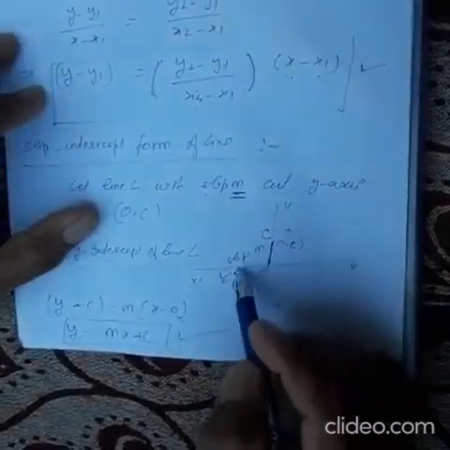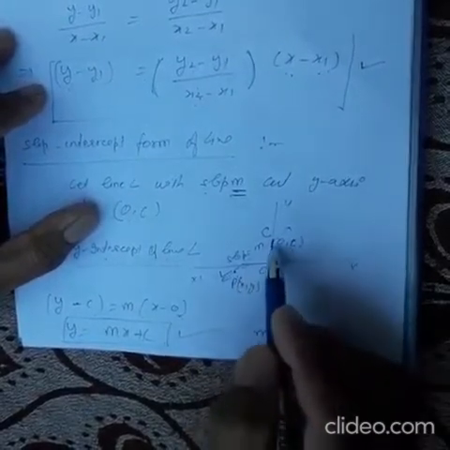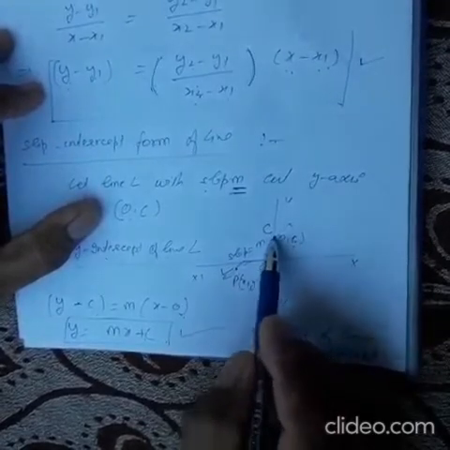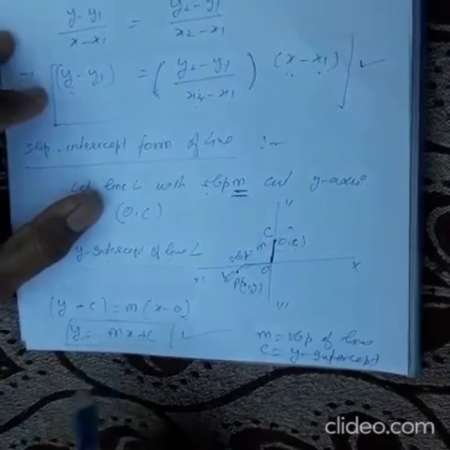So if the line is cutting like this, this is the y-intercept and this is the x-intercept. We are given the y-intercept only. So using the y-intercept we can find the coordinates of this point. So this will be the formula, y is equal to mx plus c. I hope it is clear.